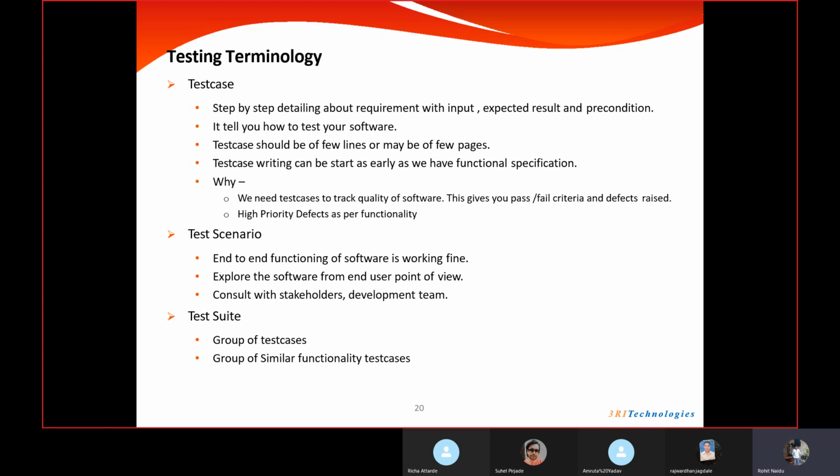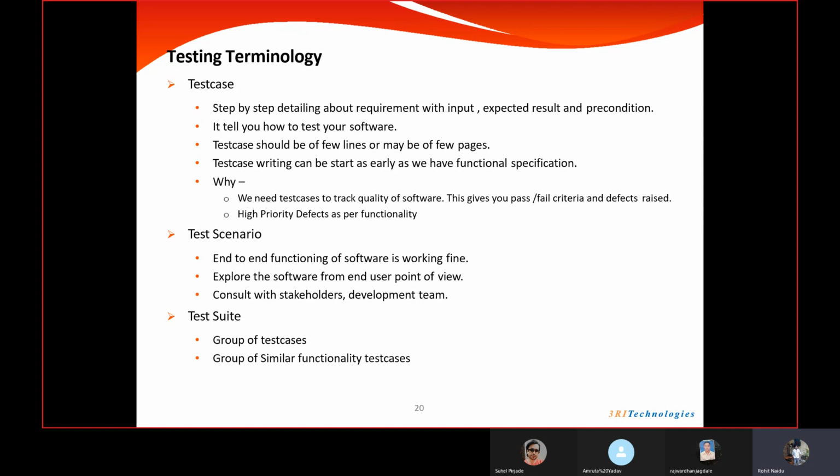And we can track high priority defects when we write the test cases properly, and when we have the test cases in our hand, we know what exactly we are expecting, and we can exactly test whatever the QA has given us the requirements for. Whatever requirements are available with us, if we write test cases for those requirements, any member from the team can do the testing. They can understand what is expected and they can do the testing for that particular application.